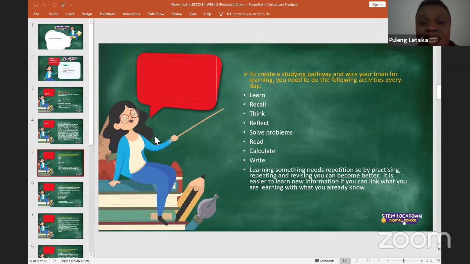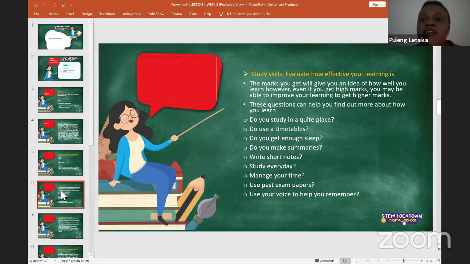And then writing, like we said in the previous slide, writing is a pathway that we are not born with. So it's something that we learn how to do when we are young. And then that means we should continue to do it so that we can improve. There's always room for improvement. So yes. Moving on to the next slide.